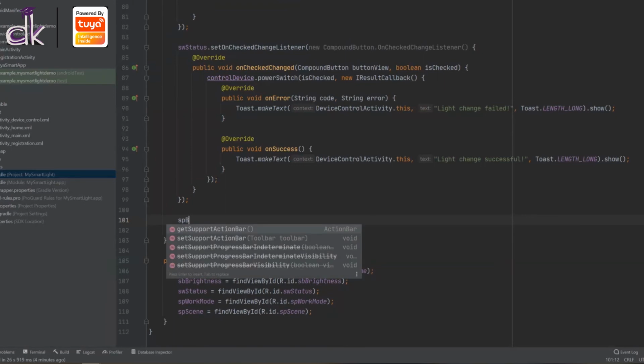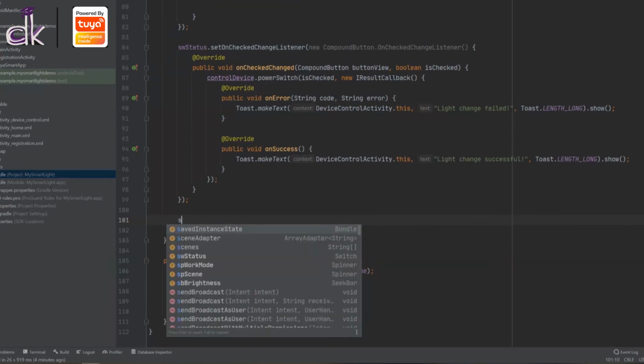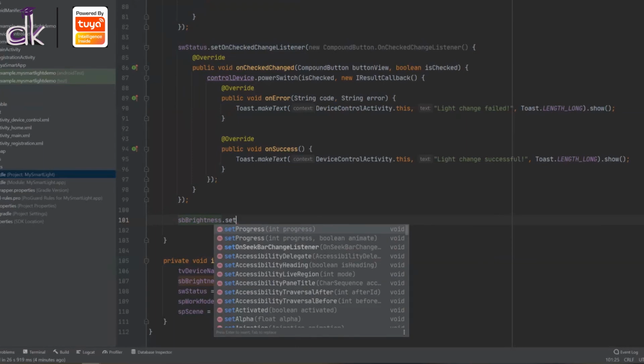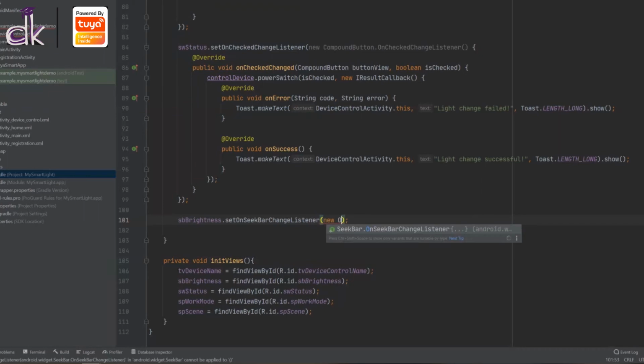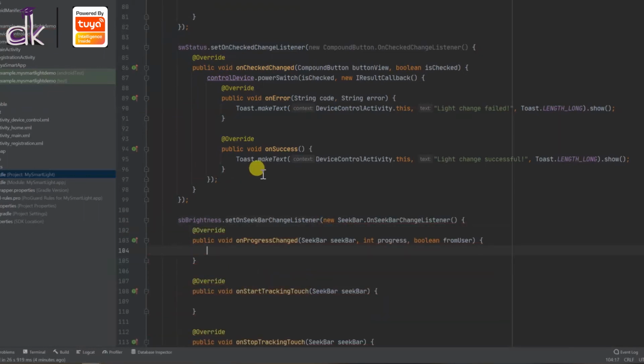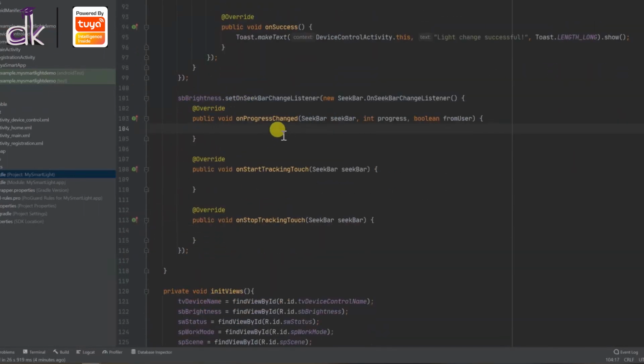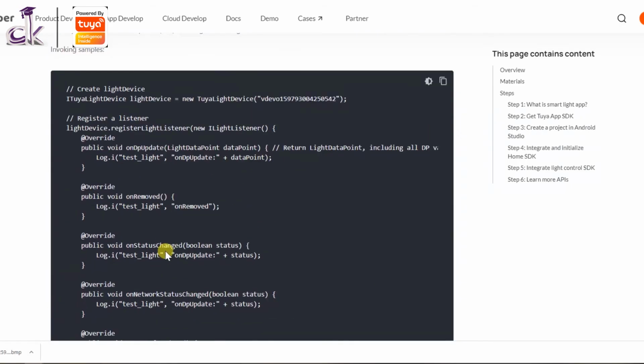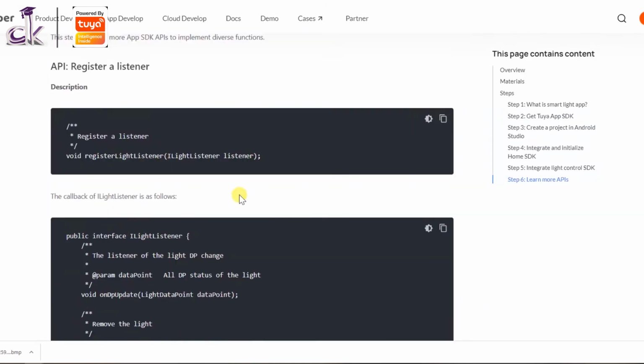So the seek bar. So sp brightness dot set on seek bar change listener, new on seek bar change listener. Okay, so whenever the progress has changed, you then can do something. So for that we are going to use the brightness one. So let me see where that is.